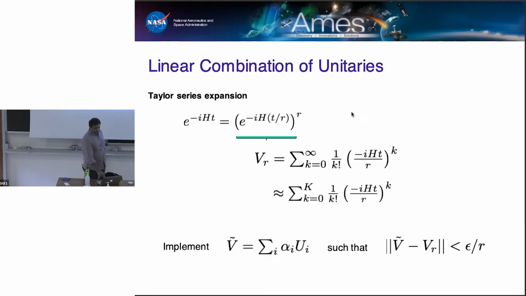But now, each of those individual segments, I'm going to express as a Taylor series expansion, and then truncate that Taylor series to some order capital K, right? And then the idea is that whatever truncation I perform is going to control the approximation error of any one particular time step. And I want that approximation error to be roughly epsilon over r, so that the total approximation error of r steps is going to be epsilon, my target approximation. Okay.